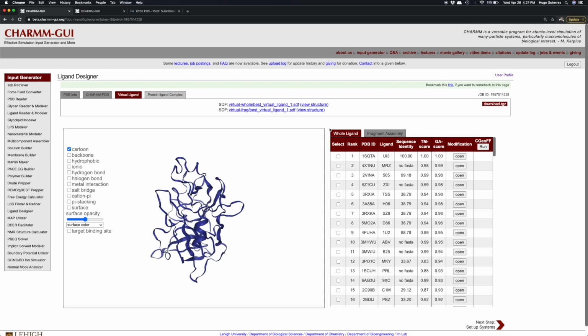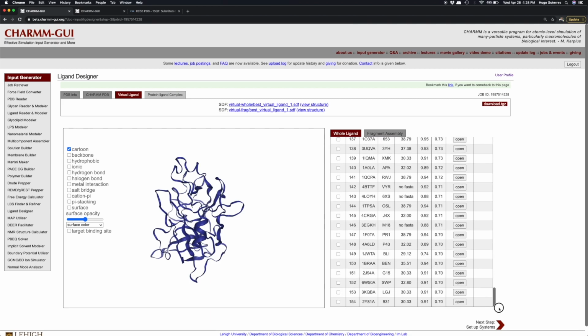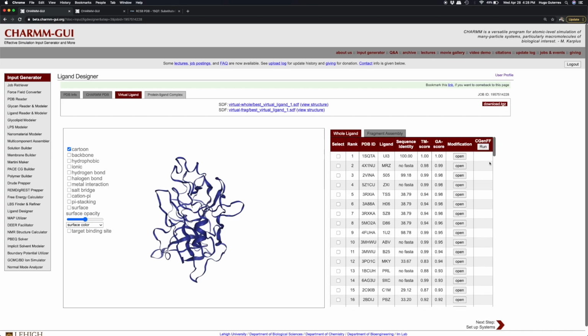STALIS W designs virtual ligands using ligand templates from a PDB library of whole ligands, whereas STALIS F uses a ligand fragment library. For the urokinase protein 1-SQT, Ligand Designer creates 154 virtual ligands using templates of whole ligands that are ranked using their GA scores, or GLOSA alignment scores. GA scores measure the pocket shape and chemical feature similarity between a virtual ligand binding site template and a target